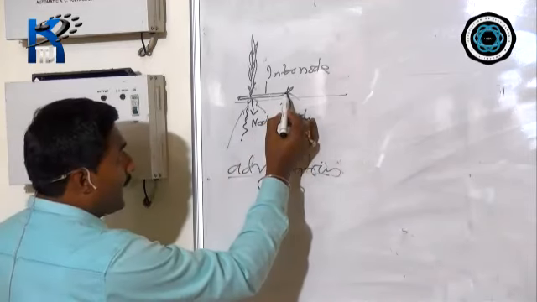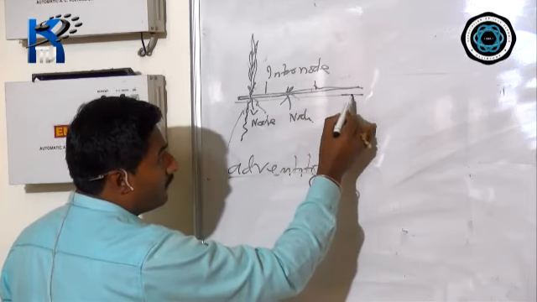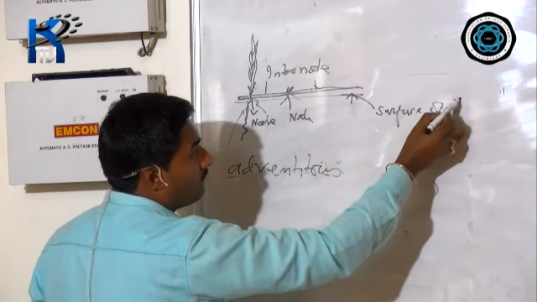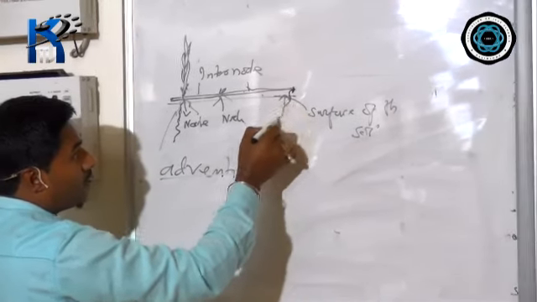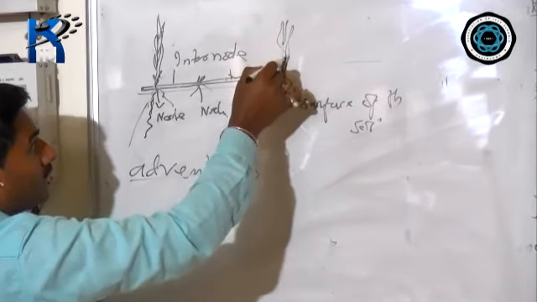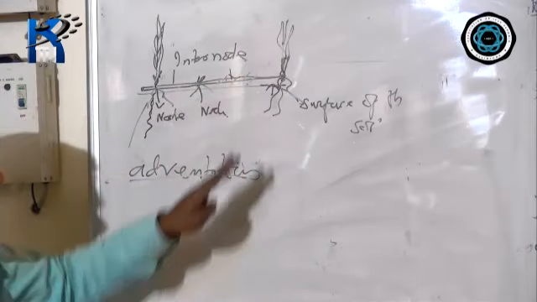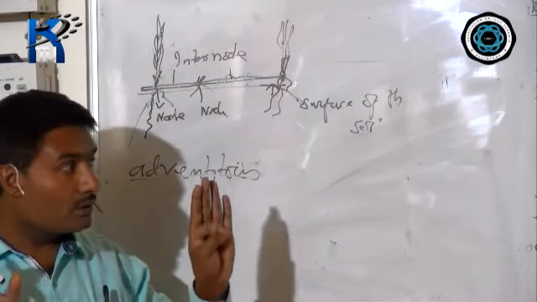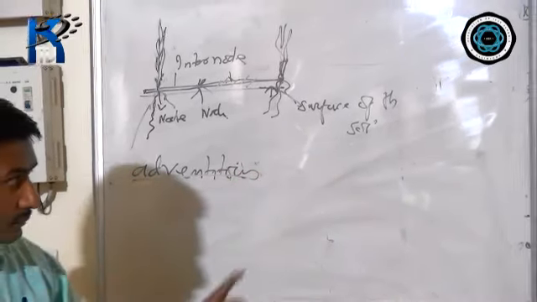That means you see that as long as the length, this subaerial stem is running along the surface of the soil, wherever the node is there, from the node adventitious root comes out, axillary bud emerges out, it gets converted into a shoot. Afterwards, what will happen? This runner may decay also, and this gives rise to an individual plant. So this type of vegetative propagation, you call it runners.